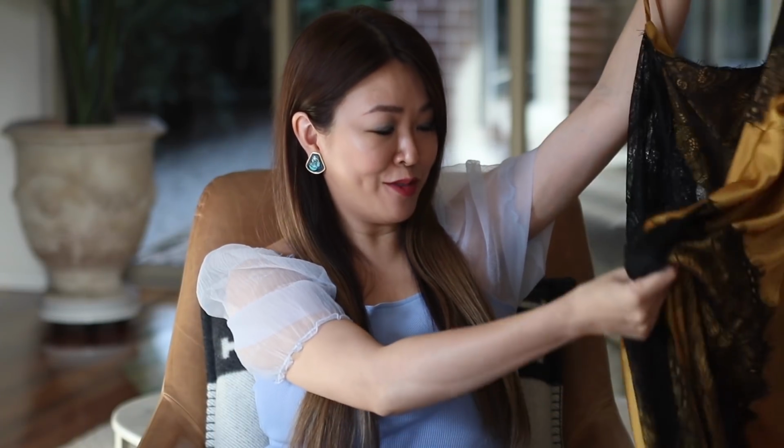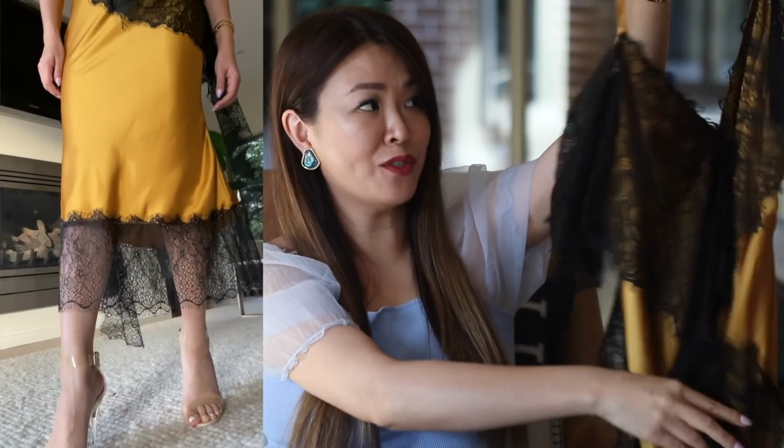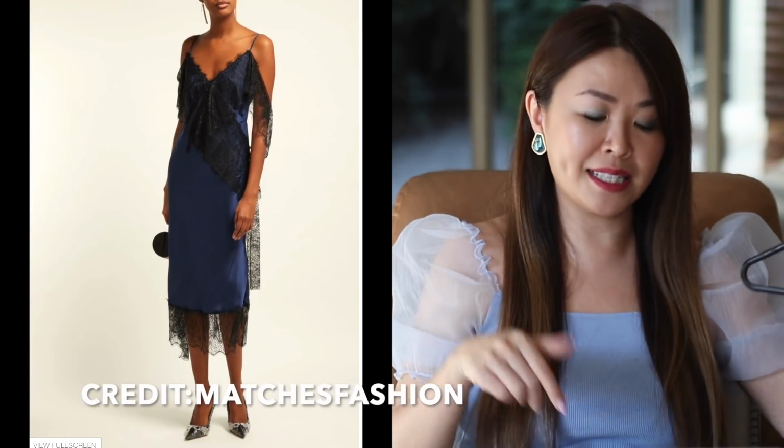And I really liked it, but I didn't want to pay full price. So I saw this when it went at 30% off and then 50. I did my cart trick and now 70%. So when I got it, I think there was one size left and then it sold out. But guys, the navy is still in stock. There's not many left, but I will link it down below because the navy is gorgeous as well. I just thought it was very elegant and I just liked how the lace draped off the shoulders. So that's another example of an item that I just waited on